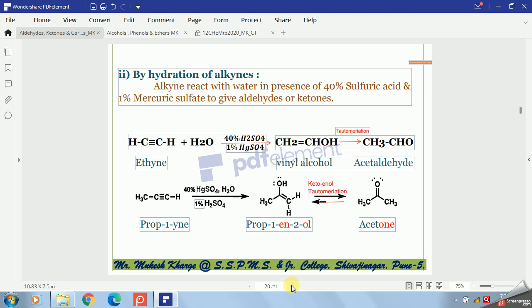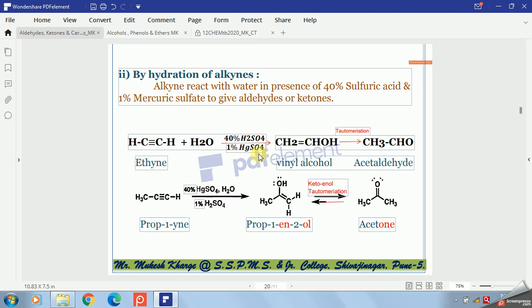So if your alkyne contains hydrogen on both the carbons of the triple bond, then we get an aldehyde. If at least one carbon contains an alkyl group, then we can't get an aldehyde. So check the reaction. The first member of the alkynes is ethyne or acetylene, which reacts with water in the presence of